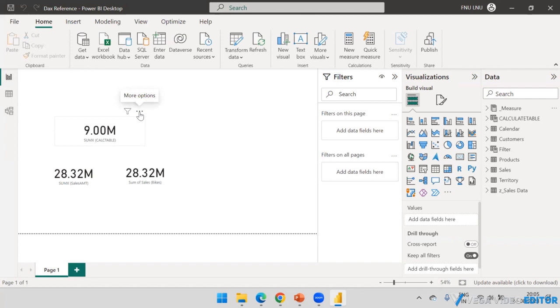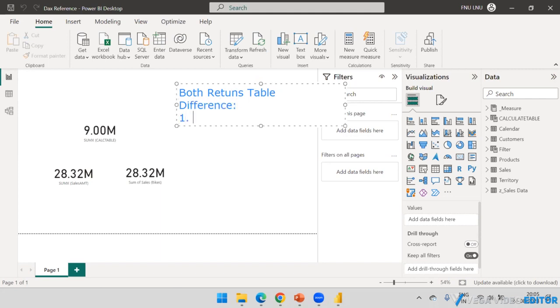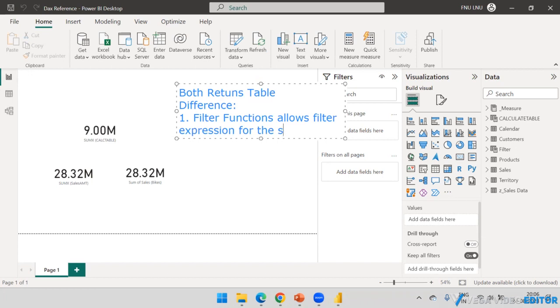Both functions are used to return a table, but the difference is, if I say difference, the FILTER function allows a filter expression from the same table only, and only one